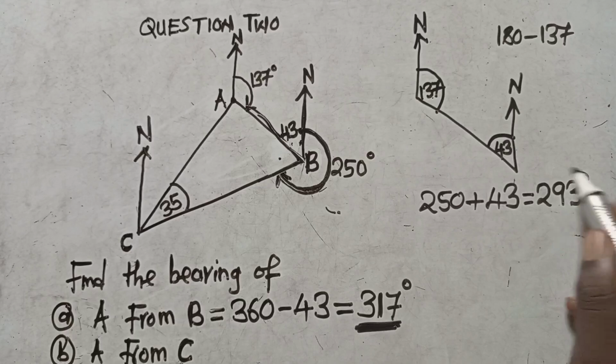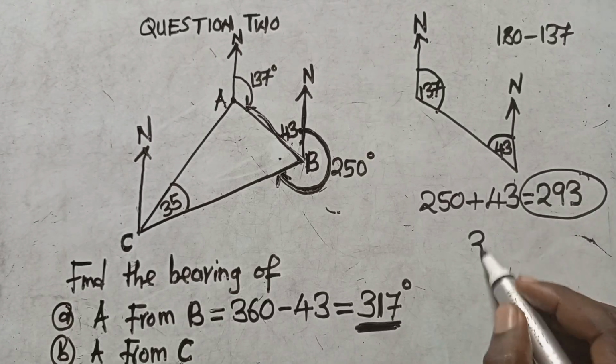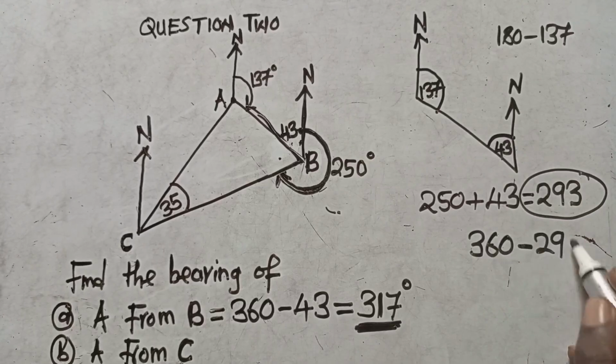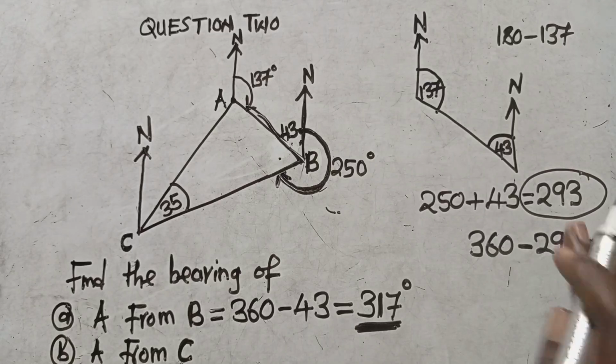So this is 293. Then I say 360 minus what? 293. What answer am I going to get that side? I'm going to get more like a 67, isn't it? When I say 360 minus